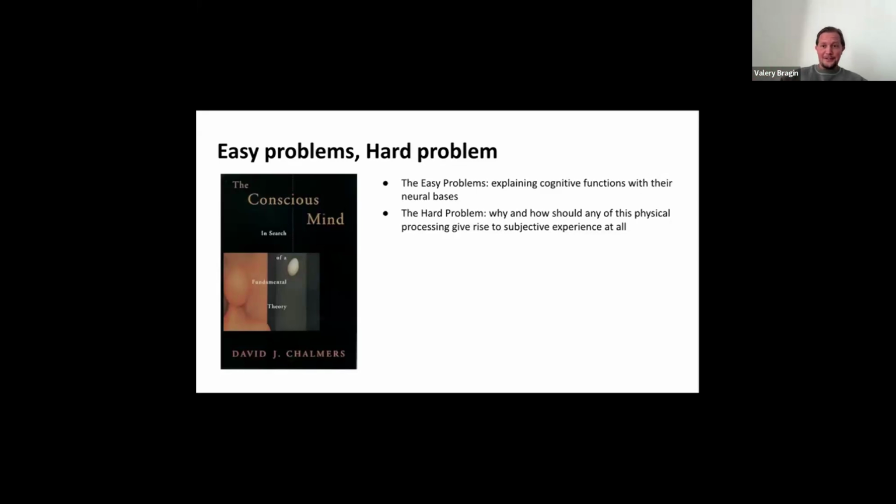Yeah, in here we have this explanatory gap between objective mechanism and subjective internal experience. And I think classically NCC, neural correlates of consciousness, this research sits mostly on the side of the easy problem, right? Or at least on the side of mechanisms we can study with experiments and models. Although some theories claim to speak more directly to the hard problem also. For example, IIT and certain versions of higher-order theory, I believe they claim that they're trying to solve the hard problem. But yeah, here in this talk, in our work we're more on the side of the easy problem, of course.